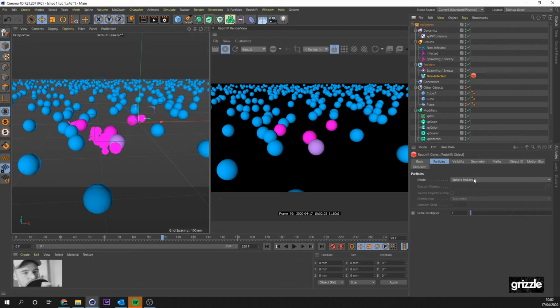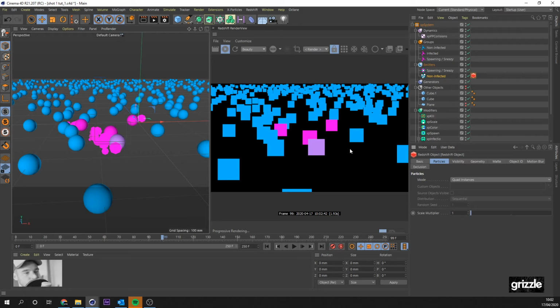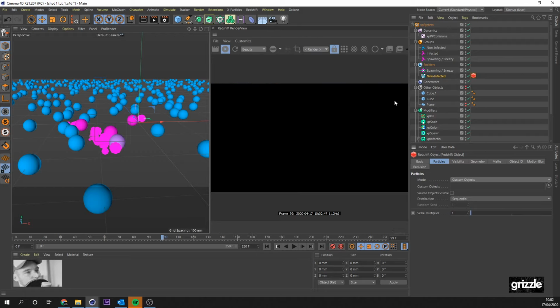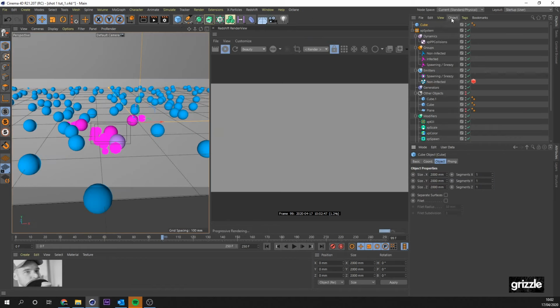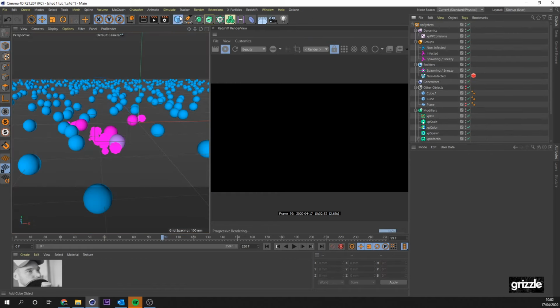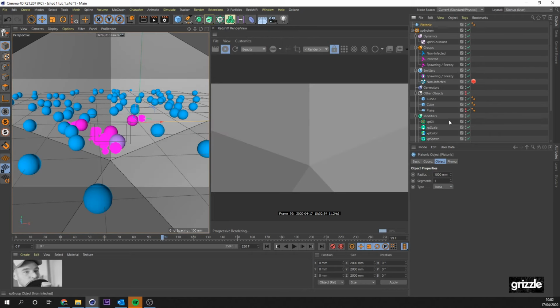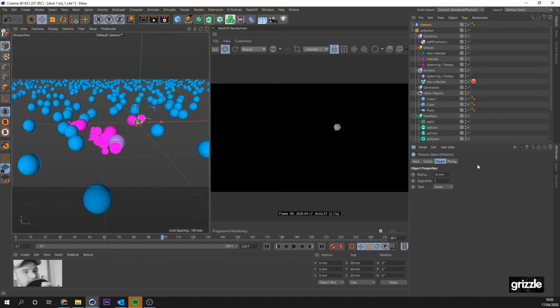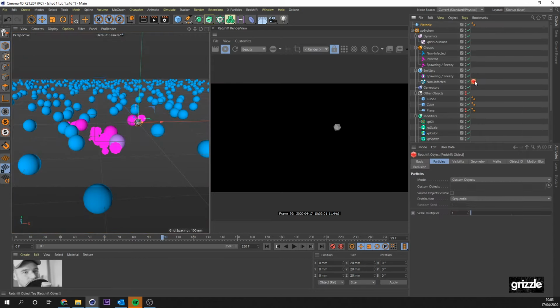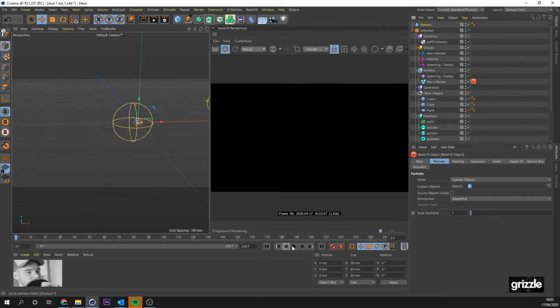Let me run through the options here as well. What we can also do is have a look at point instances. That's just going to do circles. Sphere instances, which is what we want. Quad instances, as it sounds, just squares. Custom objects is good. With custom objects, you can add in, let's not use a cube, let's go for a platonic. So if we have a platonic there, whack that down in size. Okay, there's the platonic. And now in the object tag, if we drag the platonic in, there we go. So we've got platonics instead of